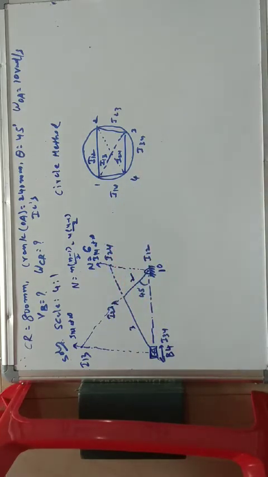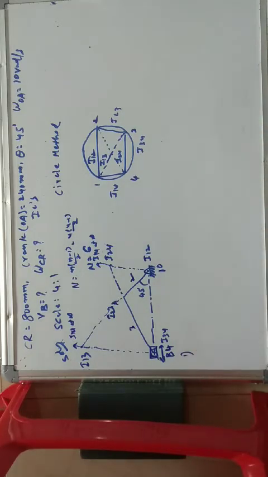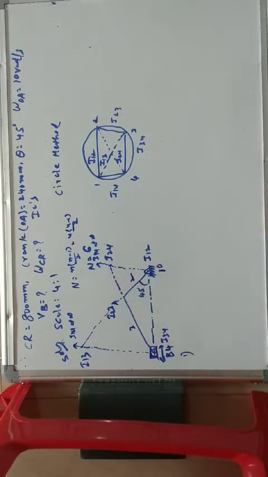So after locating the instantaneous centers, let us try to find the values, that is the velocity of the connecting rod and the velocity of the slider. The first step, right after doing this, is to find the linear velocity of the link, as well as the slider and the connecting rod. It is given in the problem that the crank is rotating with an angular velocity of 10 radians per